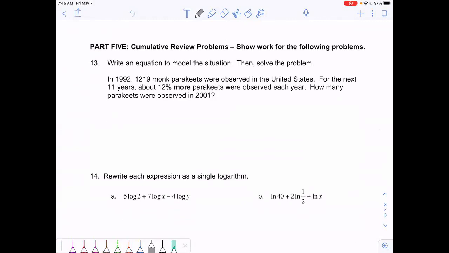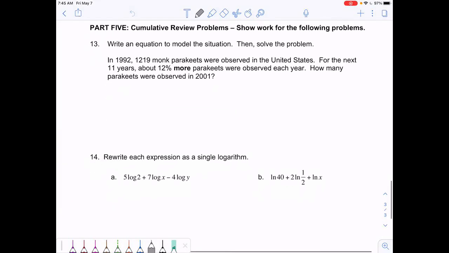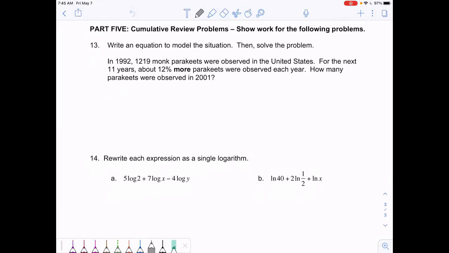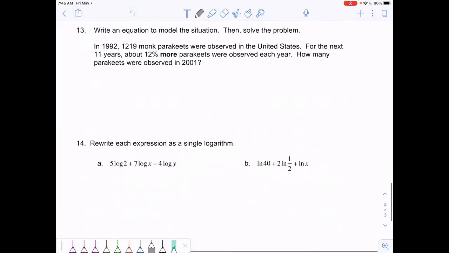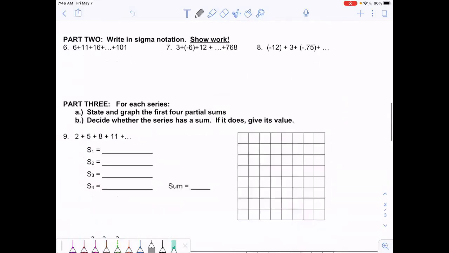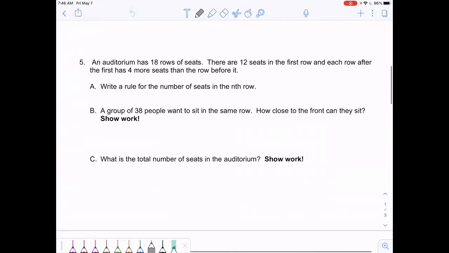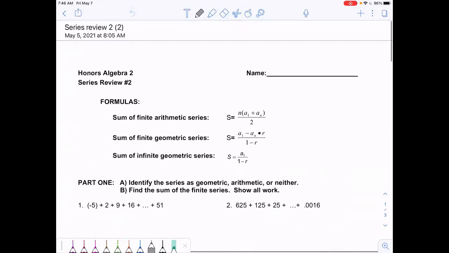You will see some review problems on your test on Monday. And then your next test will continue to do some cumulative review, and you'll have more cumulative review problems on the next test as well. So there's some review problems at the end of this worksheet. Monday's test is 55 points. And it's 3 pages. You'll take it in person on paper. Obviously, if you're at home, you'll take it digitally. So you have 20 minutes to work. Please use this time and ask questions, any that you have. I will be around to answer